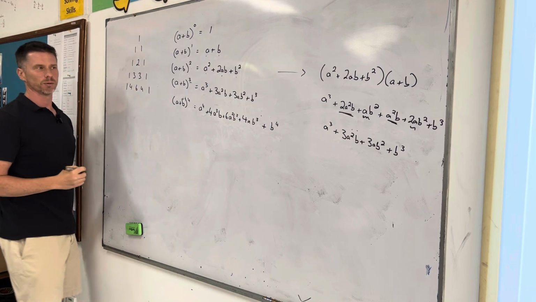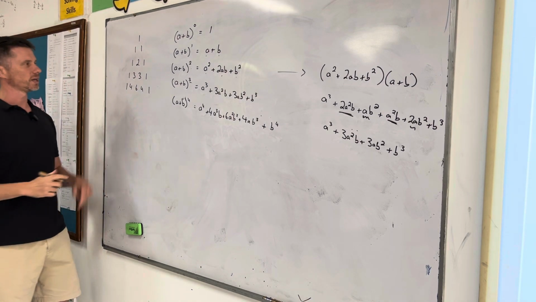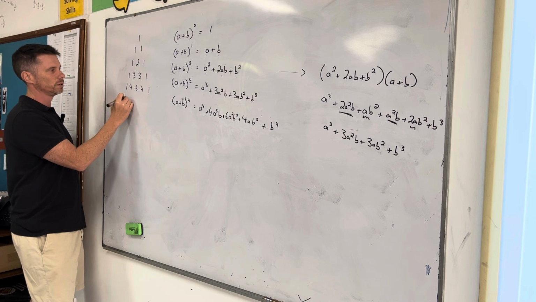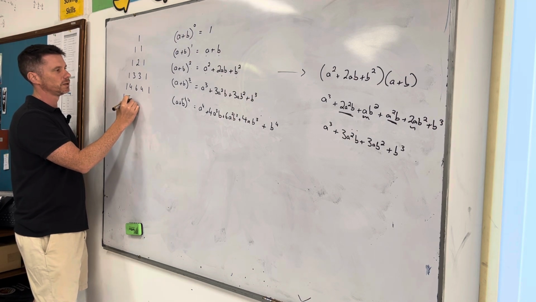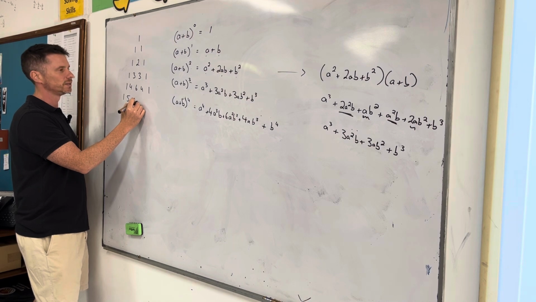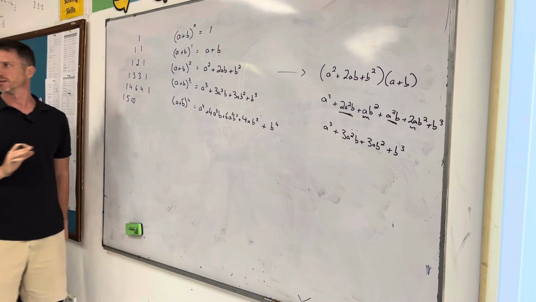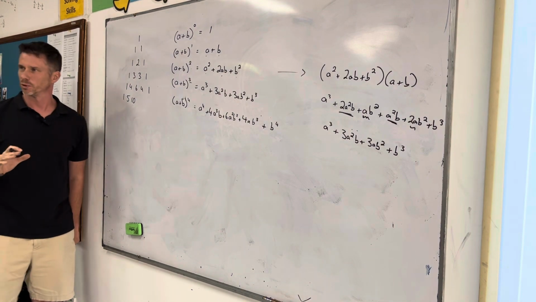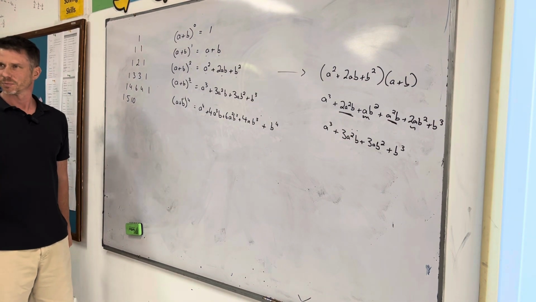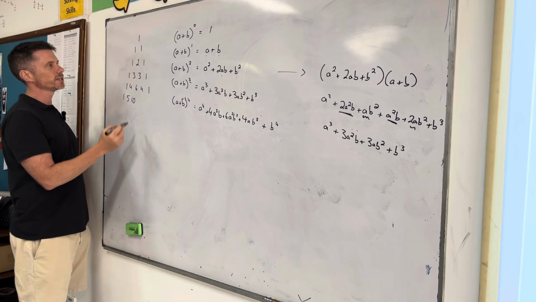What's the next line? Without even thinking about it, what's the next line going to be? 1, 5, 10. No. What's the pattern created here? This is a famous, does anyone know the name of this triangle? Pascal's triangle. Very famously, where